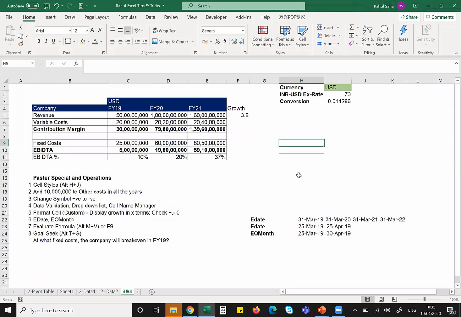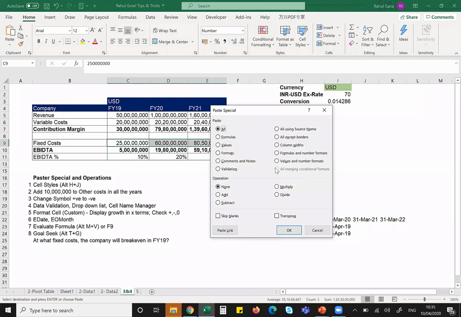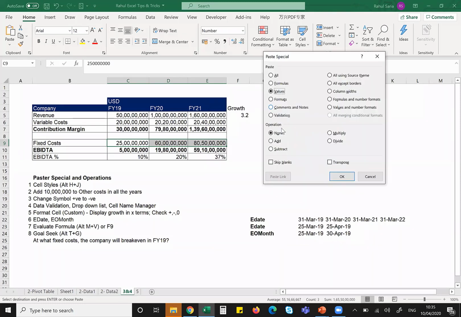Instead, what I'll do, I'll type here 10 crores. I type and I copy it. I go there, select the cell. I again press Control Alt V and then select V values. And there's something called operation just below that, which normally people don't use. But since I want to add, I'll just add, or I can press D if I want to add, or I can click on add.